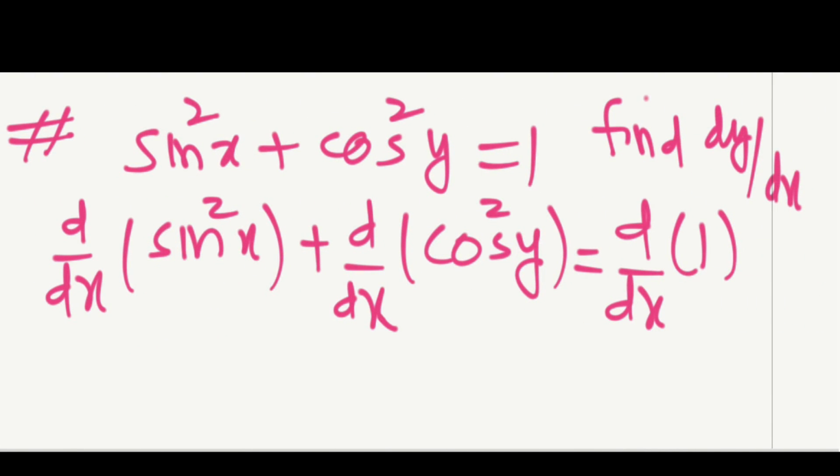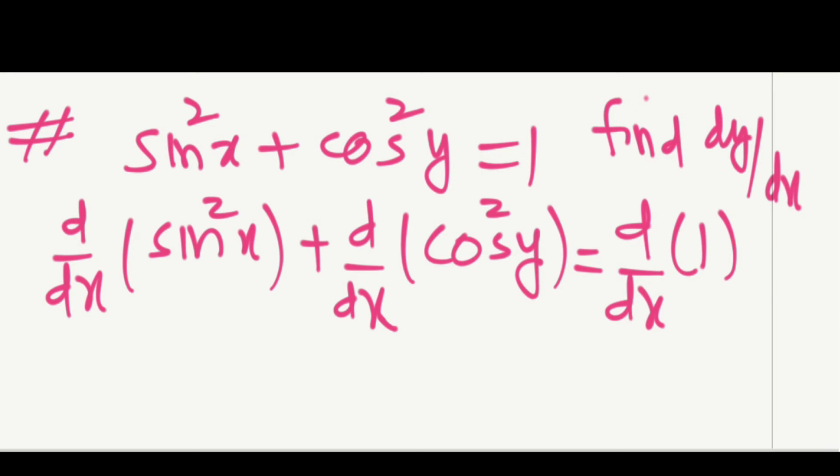This is sin square x plus cos square y equals 1. Again, this is a mixture and we need to find the derivative of y with respect to x. So using implicit differentiation,